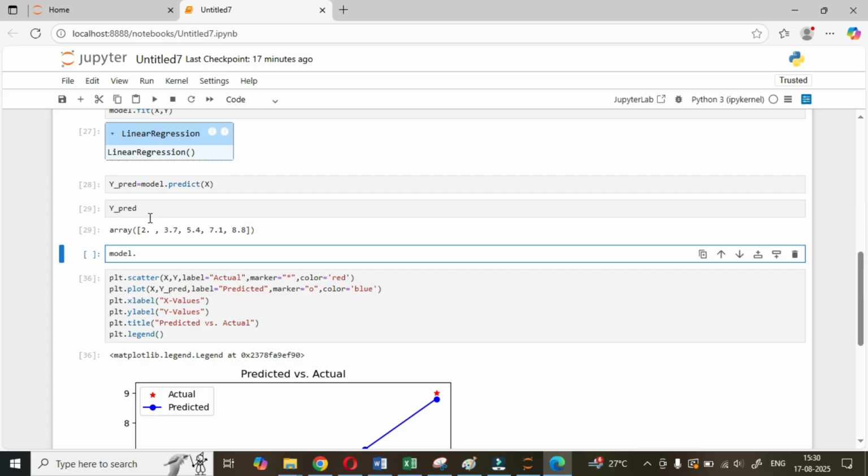Okay, print f, the slope of the equation. I want that to be model underscore dot coef